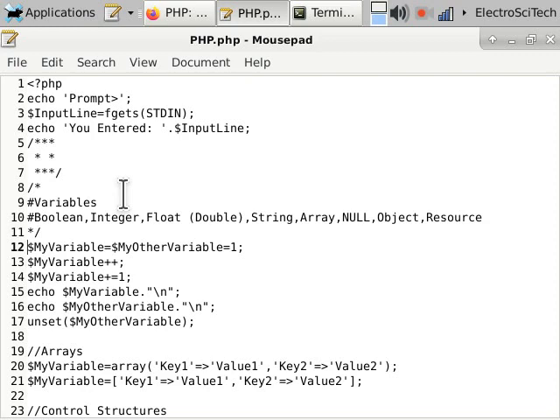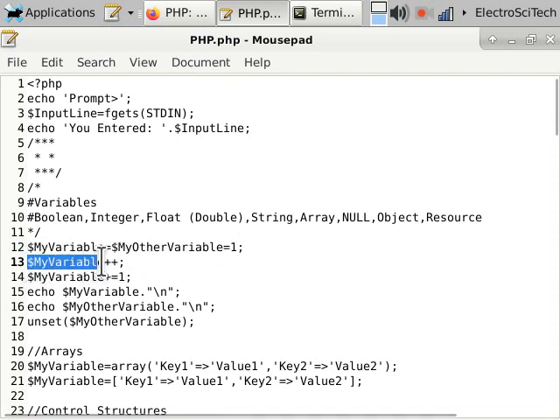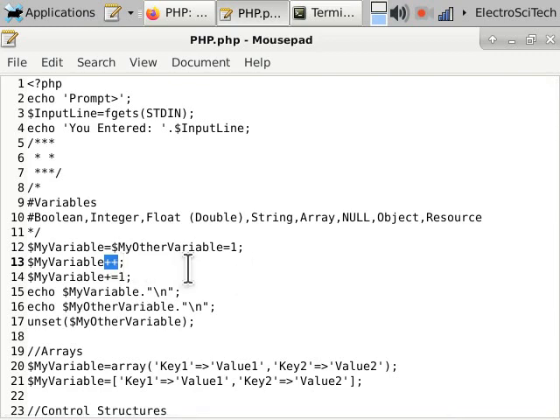So for variables, we did discuss a fair amount of that, but we are also going to take a look. We can do a multiple variable assignment. See, I've got two variables here and they both got assigned to 1. Then I'm going to take one of my variables and I can do a standard increment or decrement, which means double plus next to it adds 1 to it, double minus takes away 1. Or I can add a certain amount: plus equals adds whatever this number is, minus equals subtracts whatever that number